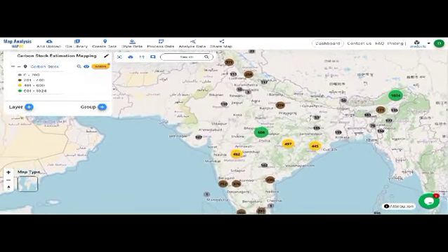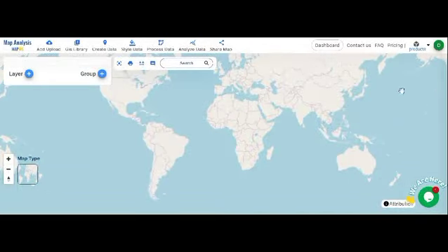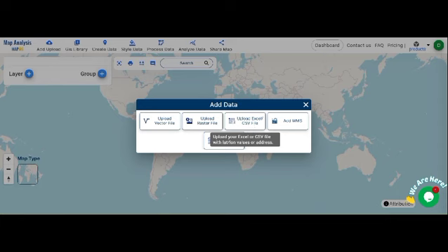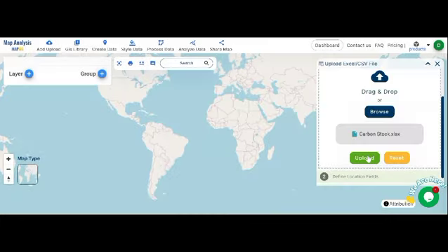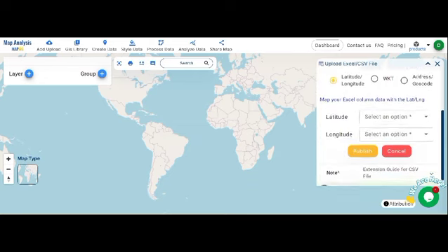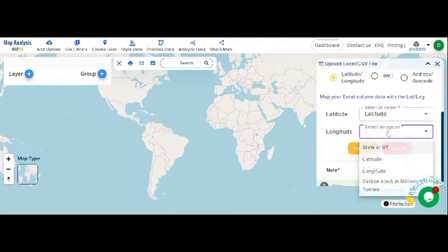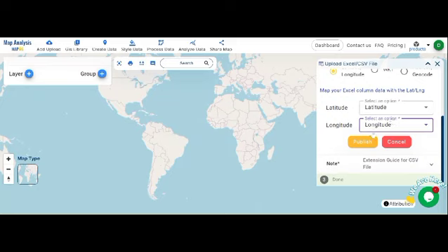Let's see the process. First, we open the MapOG Map Analysis interface. Then go to Add Upload from menu toolbar. Next, select Upload CSV or Excel file. Browse and select your CSV or Excel file and click Upload. After that, select the type of data you have in the Excel file uploaded. Here you get three options: latitude and longitude, WKT and address, or geocode. We choose the latitude and longitude.